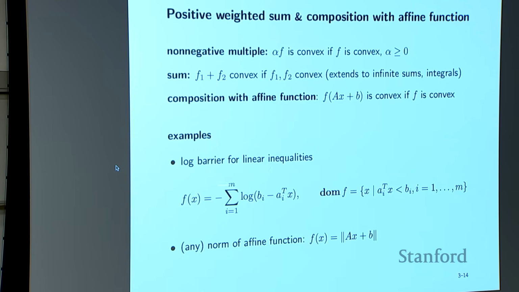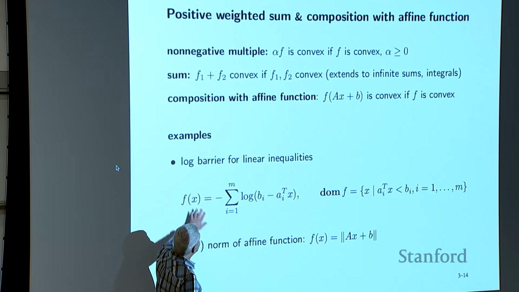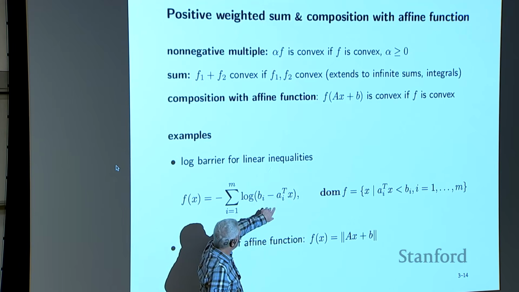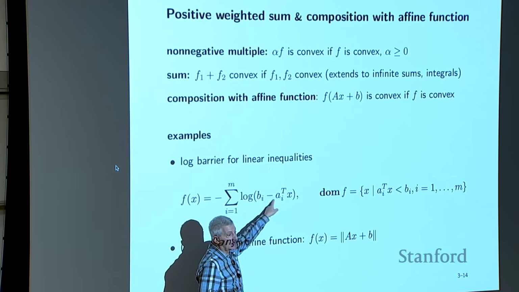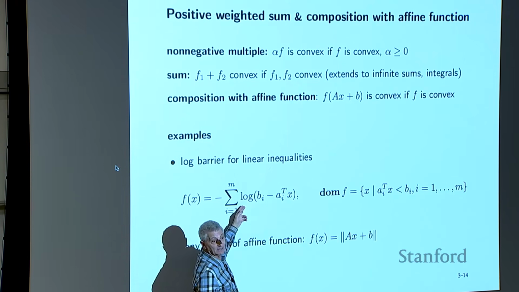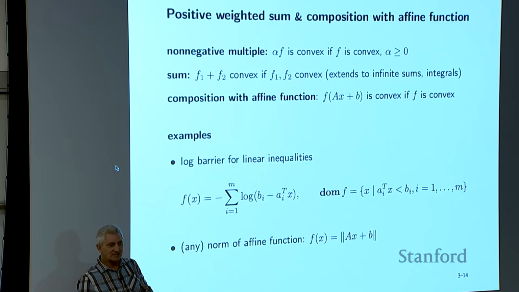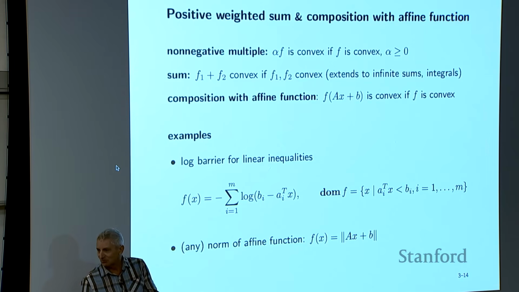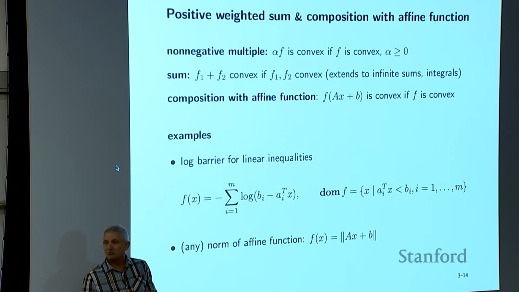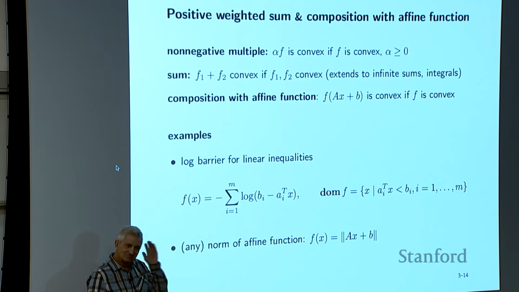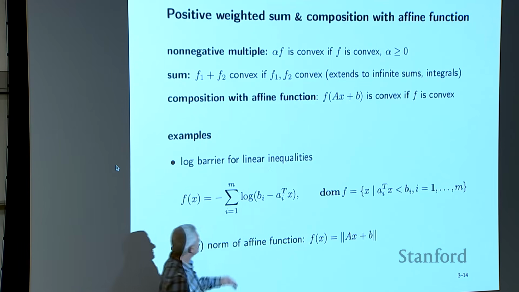So this function is going to come up later in the class. It's called the log barrier. Its domain is all x's for which all of these numbers are positive. Otherwise the log doesn't mean anything, right? Oh, in this class, the domain of log is R++, right? So if you're taking a class on complex analysis, that's not true, right? So it just depends on the social context. But here, when I write log determinant, log, that's what it means, okay?